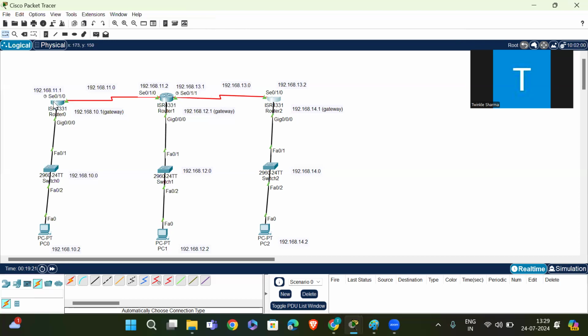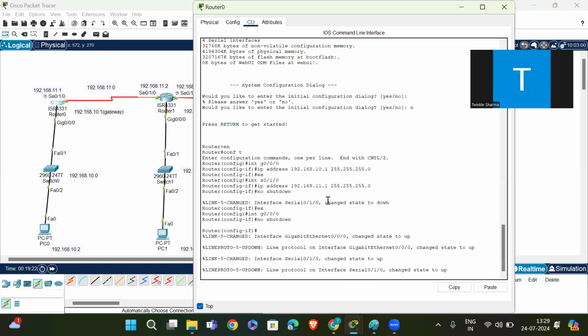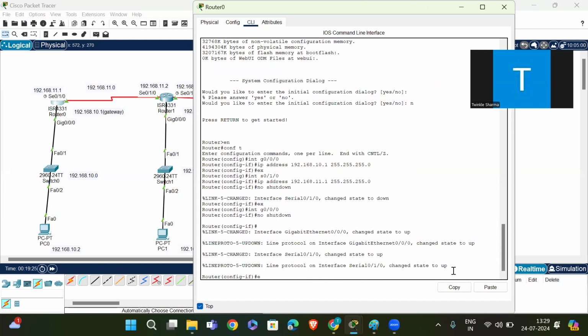Then what will we do? We give router rip.